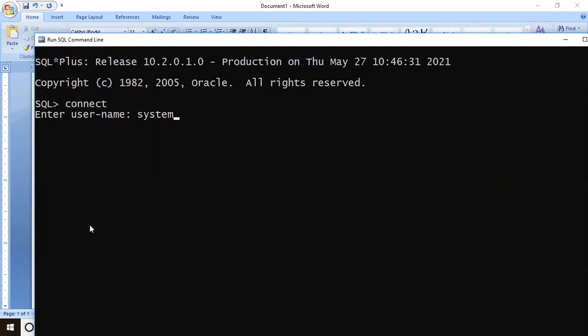Still, note down the steps, because in our practicals you are going to work on this software only. When you type system and press enter, it will ask you for a password. While installing Oracle 10G, we gave the password as GCC. I have typed the password, but it will not be visible, so that doesn't mean you should retype it. If you retype, it will go wrong. It doesn't show on this screen, not even asterisks. The moment you press enter, if everything is correct, you will get a message called connected. Done?